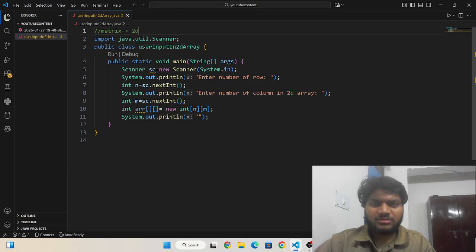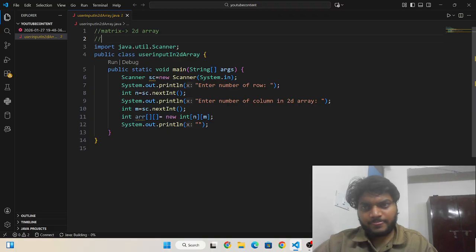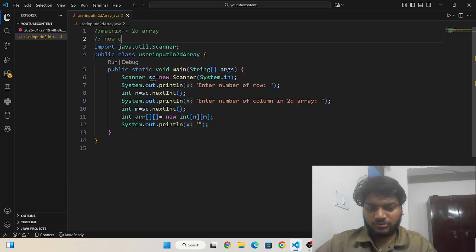You already know that in a matrix, I am giving an example, the number of rows is 3, and the number of columns is also 3.